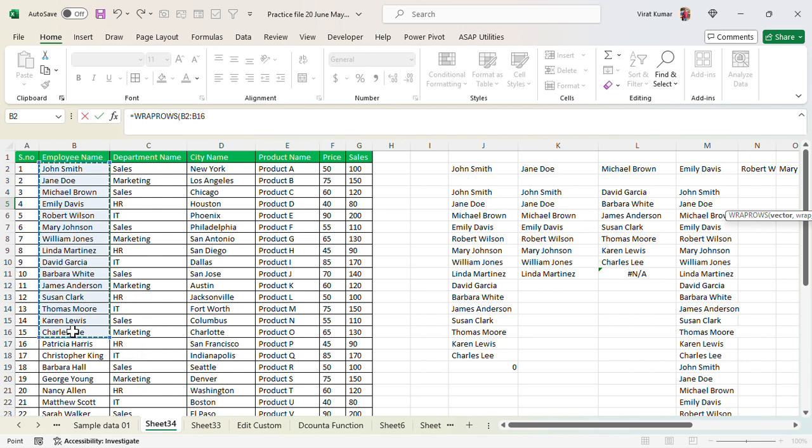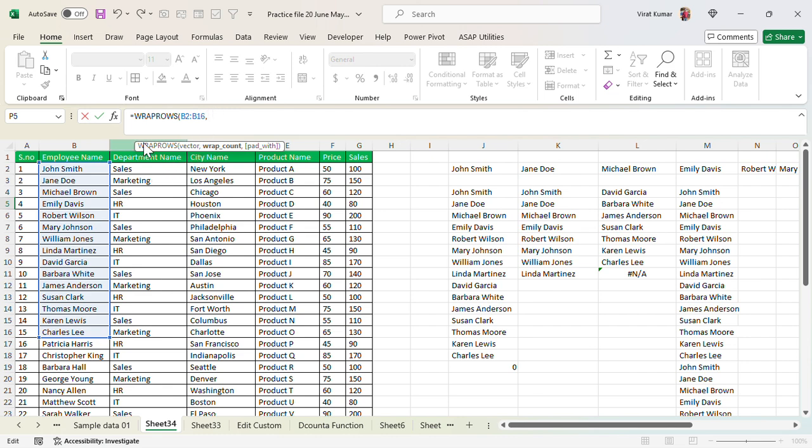Okay, and comma. Here is the rep count row, which means horizontal, and how many rows this table should be converted into.